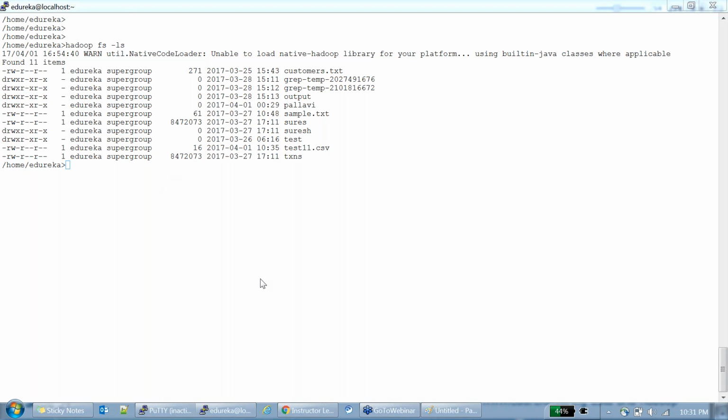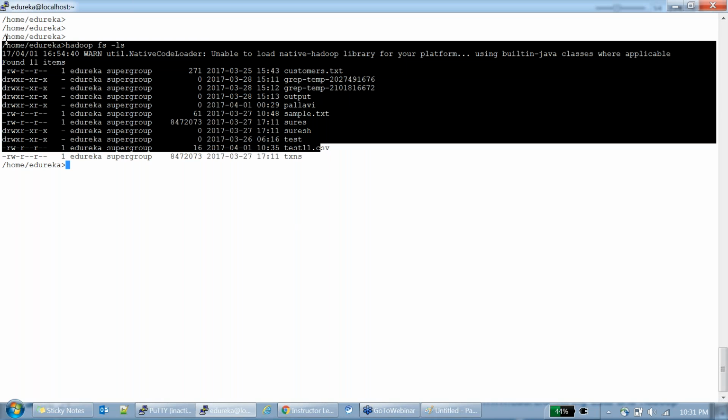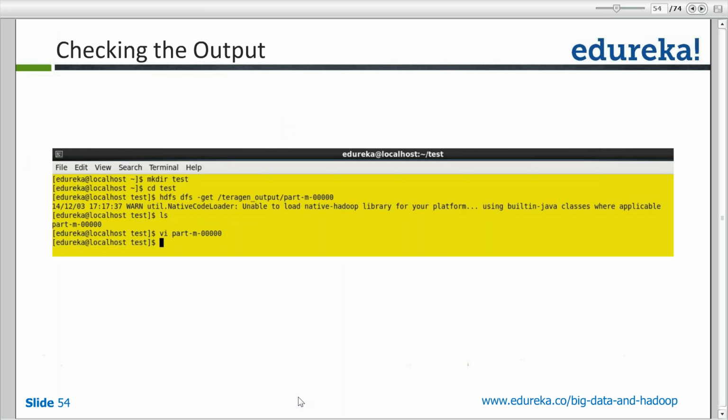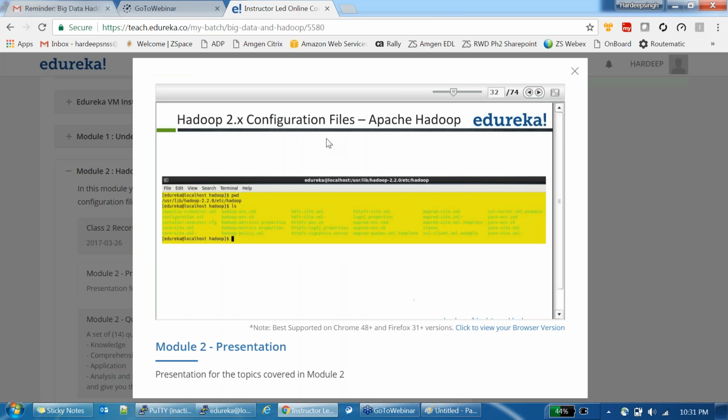Sanip says, can we say a directory is just a path to a file? Exactly, right? That's just a path to a file. That's a prefix for a file, you can say. Okay. Now block size, it's not visible in this output, right? But you must have noticed in your